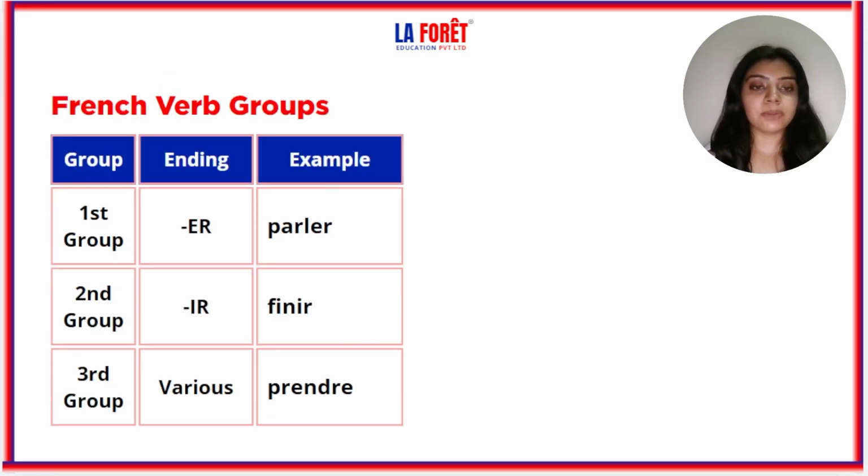Now let's see French verb groups. Now मैंने already आपको बताया था that ER verbs are the first group of verbs. And the example here is parler. Parler means to speak. Now second group of verbs में IR आता है end में. So it is called the IR group of verbs. The example we gave here is finir. Finir means to finish. And the third group comes later, which is RE, and it is an irregular group of verbs. इसमें कोई specified rules नहीं होते हर एक में. So the example here is prendre. Prendre is to take.